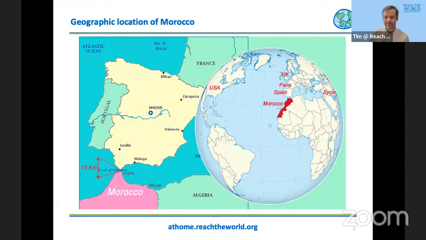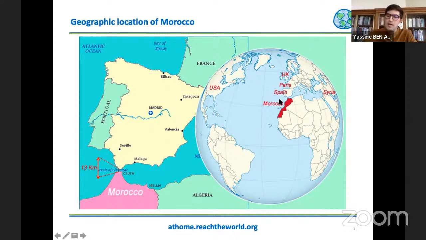So the Kingdom of Morocco is located in the North African region known as Maghreb. Maghreb is known in Arabic as the sunset. It straddles the Atlantic Ocean to the west, as you can see, and the Mediterranean to the northeast, with a narrow 8 miles wide corridor between Morocco, especially Tangier, and the tip of Spain known as the Strait of Gibraltar. It is bordered by Algeria to the east,